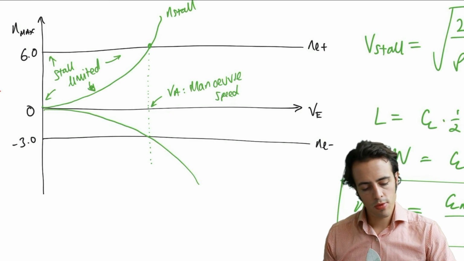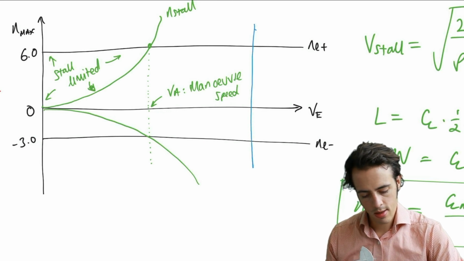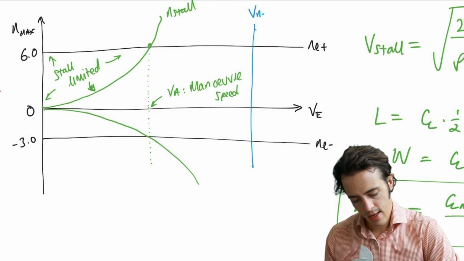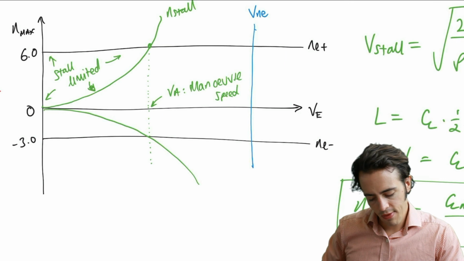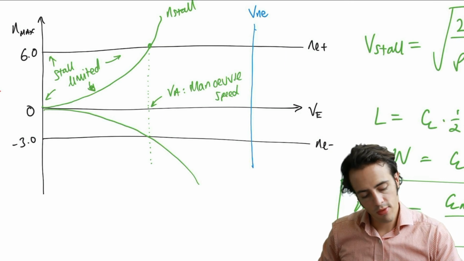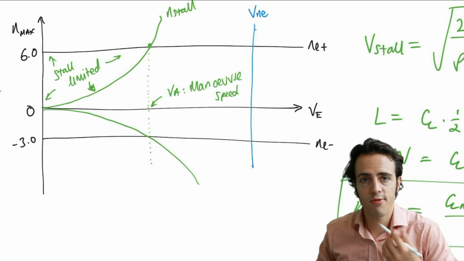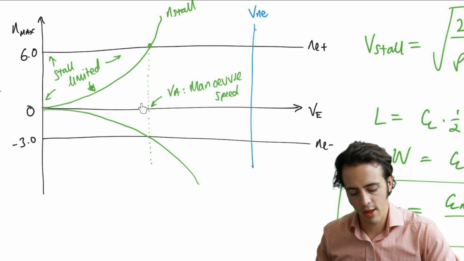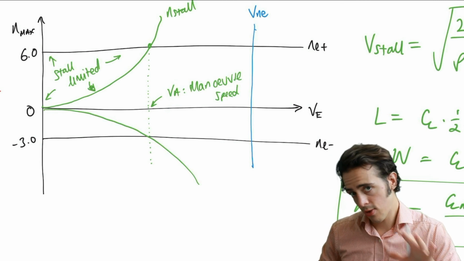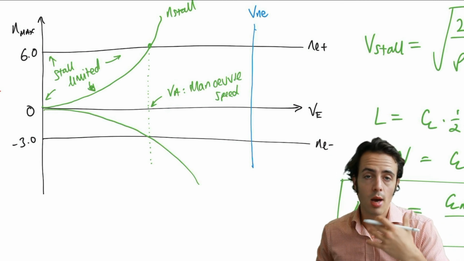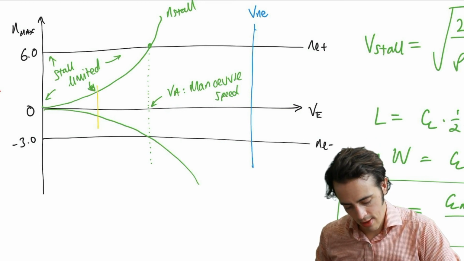Now, this introduces an upper limit to our diagram, so let's call this here VNE, and this is defined separately to the load factors. So this then gives us an envelope in which we can fly, and this is the source of the phrase out of the envelope and in the envelope. We've got one more velocity we can put on this diagram, and that's the stall speed in terms of where n is equal to 1, so the steady stall. And we already know how to calculate that. This can just go here,